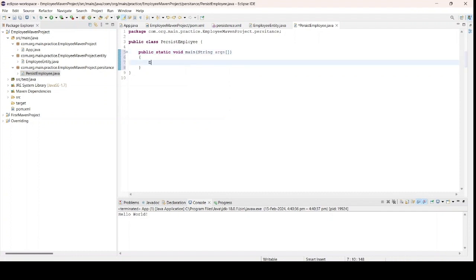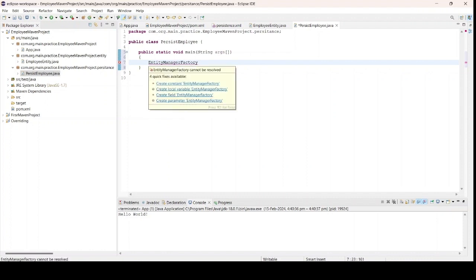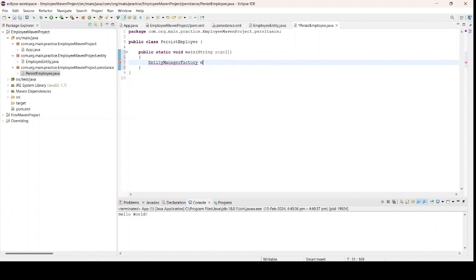Now we are going to create an instance of EntityManagerFactory, so the spelling is like this, Factory. Let's import EntityManagerFactory, emf equal to,